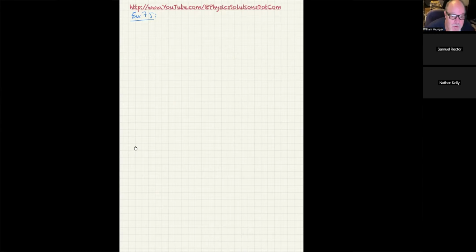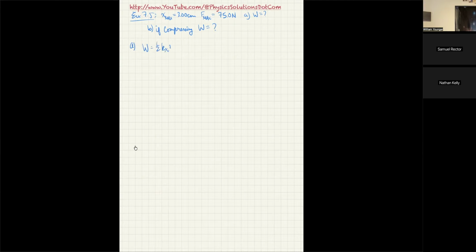So what we have here is X max is equal to 3.00 centimeters. That's me just adding another sig fig. And F max, because that's the one that causes the stretch, X max is equal to 75.0 newtons. And then for part A, we want to know the work done. And then for part B, if compressing, W equals question mark. So for part A, I'm going to say work is equal to 1/2 kx squared, but